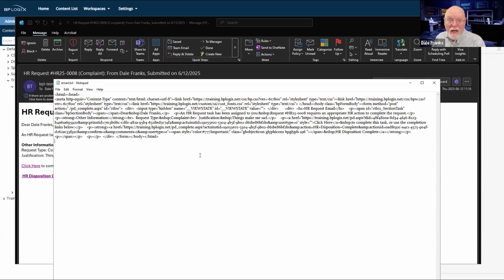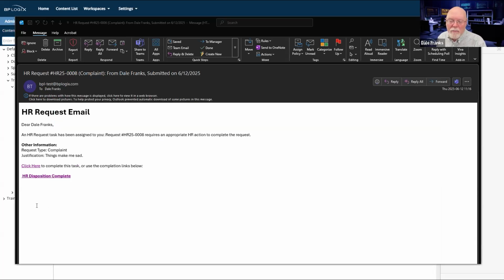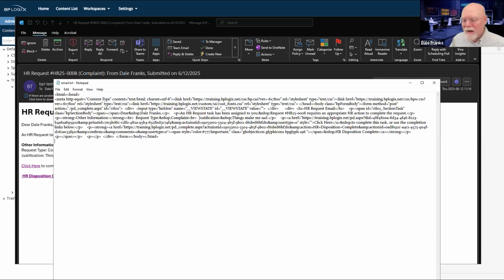It's a text message. Now, because the people who make email clients are nice and they want you to be able to make your emails prettier than they otherwise might be, they convert all of this HTML into this beautiful email that we see here with all of our lovely formatting and colors and whatever else we want, except for pictures, because pictures bad and they get blocked. But this is what we're sending.